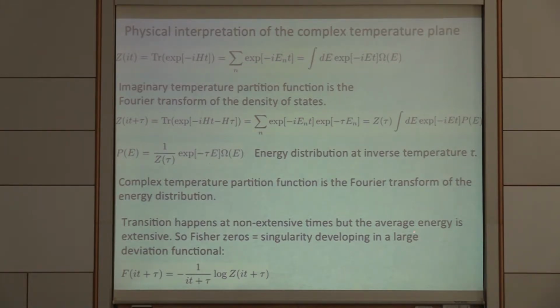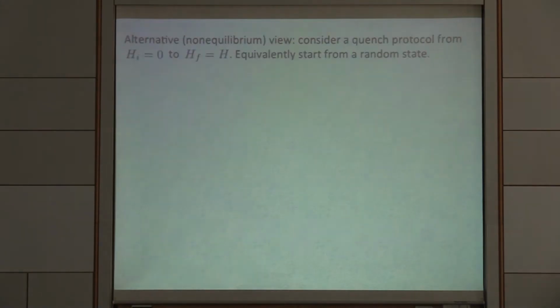So actually what we are dealing with is a large deviation functional, really. And when we talk about zeros of complex Z, which is the same as singularity in complex F, which is log of Z, this is not singular, we actually talk about large deviation theory. And sometimes it happens in thermodynamics that even though we are analyzing a large deviation functional, we can extract information about equilibrium phase transitions if we can access this functional. Good, this is still